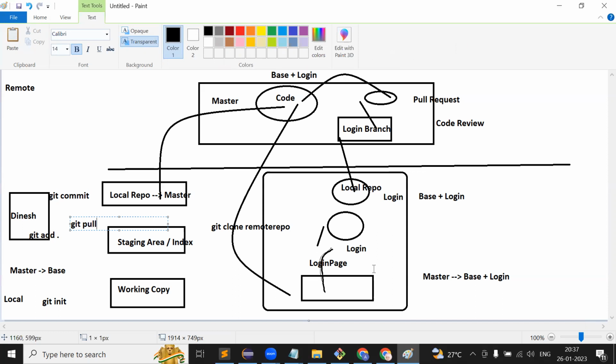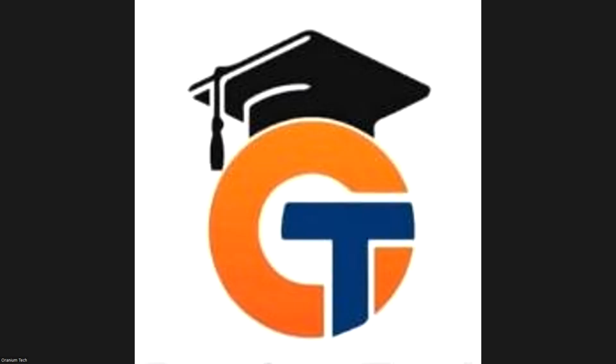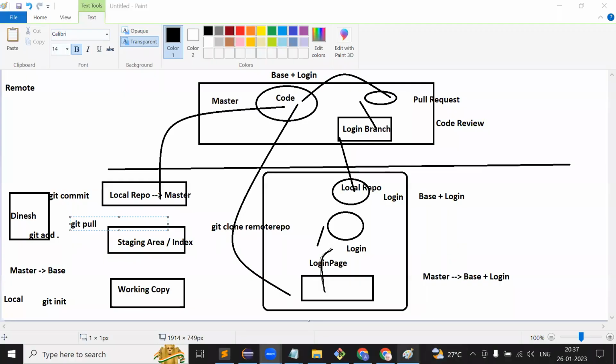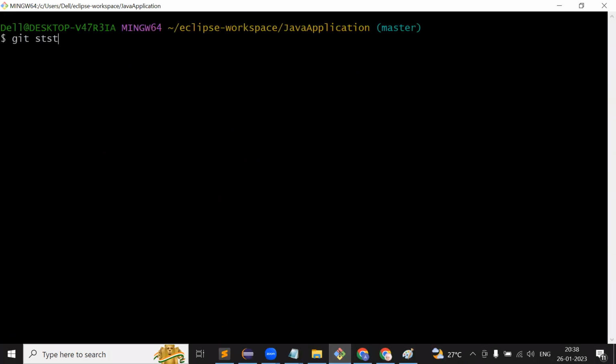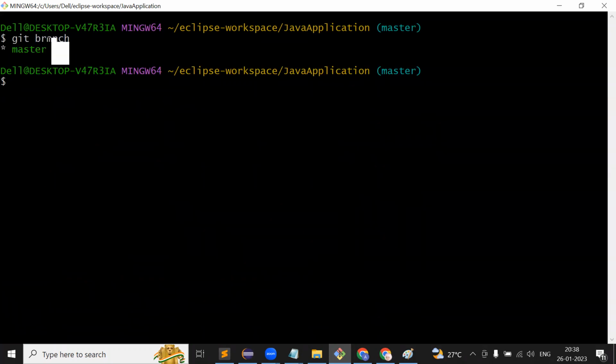So let me stop the screen and I will share my screen. Let me open my Git Bash and I will check my git status or git branch first. When I check here, I can see only a master branch. I don't have the login branch. So for that, I will use git pull origin master. Yes or no? Git pull origin master. So when you press enter,